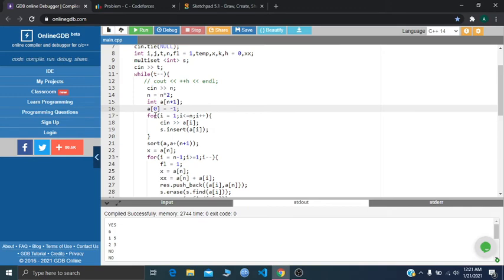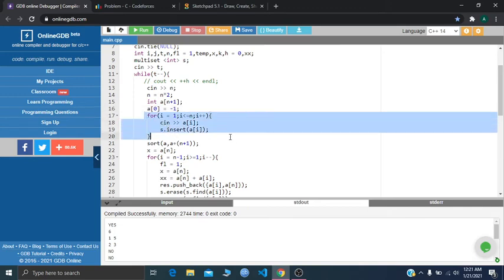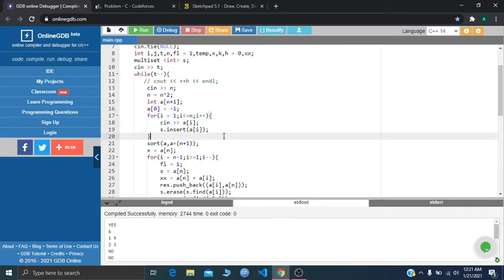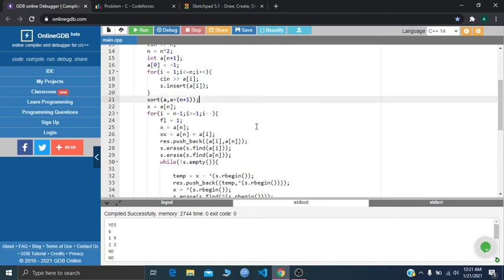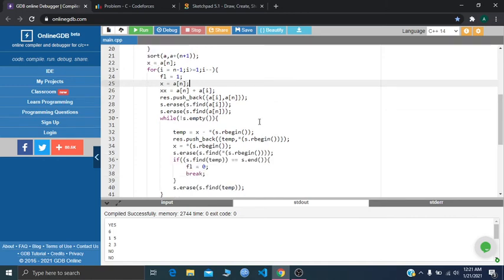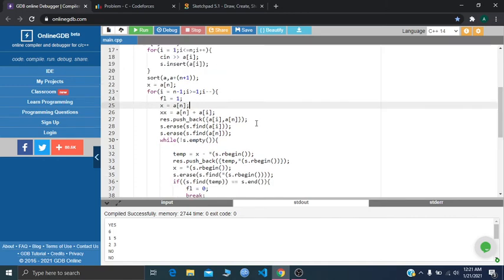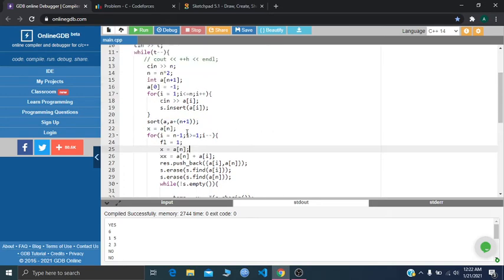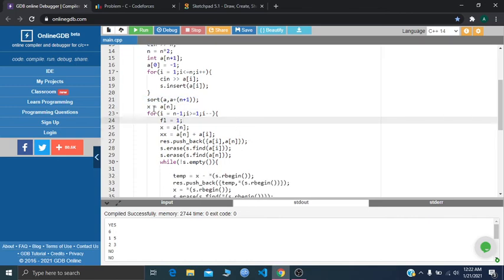2 times n elements. Initially, what we have to do is take all the elements and put them inside the multiset, and after that also sort the elements, which is very much needed. We have to sort the elements here, okay? And after that we have to do the initial x. So our initial x, what we have to do,